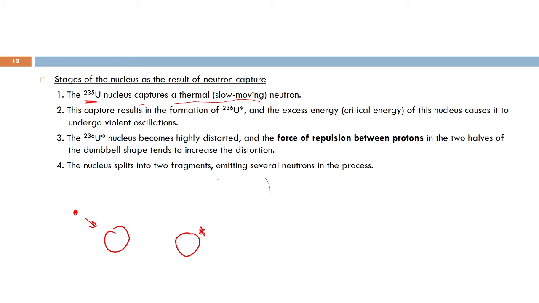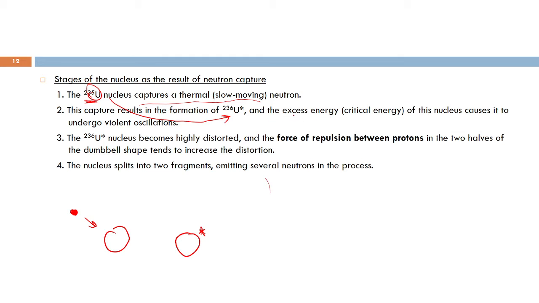The absorption of the slow neutron adds excess energy into the uranium-236. Other than changing uranium-235 to uranium-236 in terms of the nucleus, at the same time